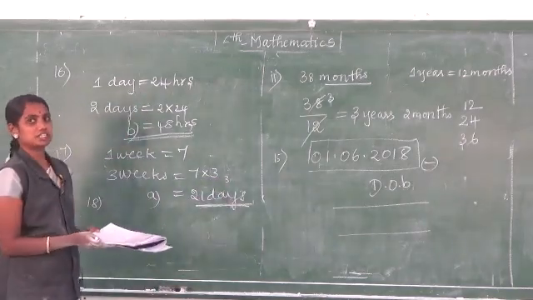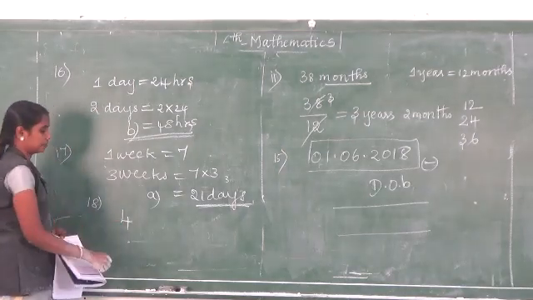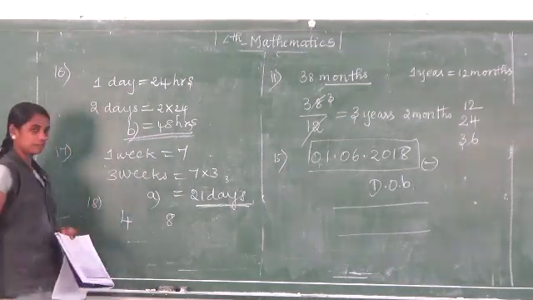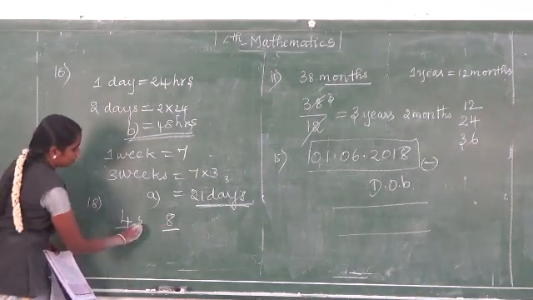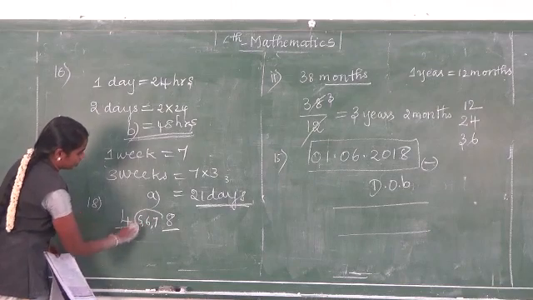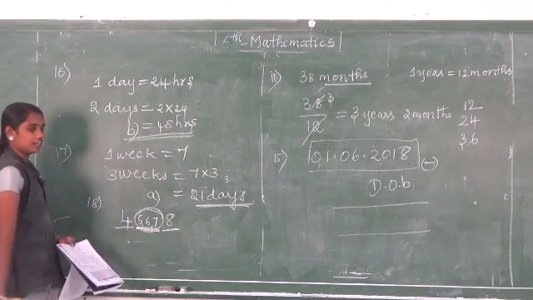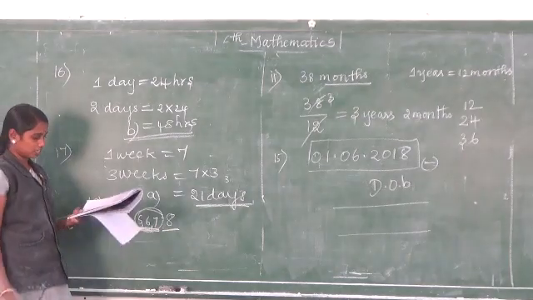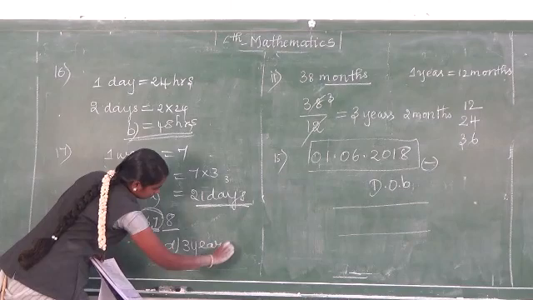Then question number 18, number of ordinary years between two consecutive leap years. Consecutive means continuous. For example, the 4th year will be a leap year and the 8th will be a leap year, multiples of 4. So in between we have 5, 6, 7. How many years in between do we have? 3 years. These 3 years are ordinary years. So the answer is option D.